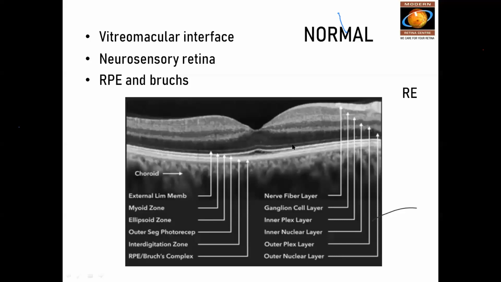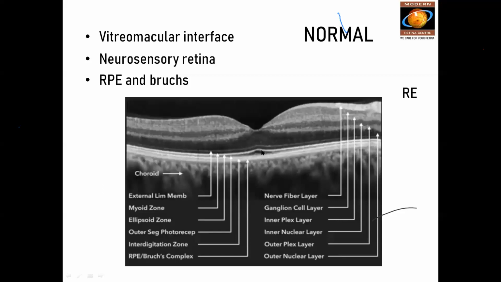So when there is HCQ toxicity, basically it affects the inner segment, outer segment junction of the photoreceptors. In the initial stages, what you have to look at is this line, just above the RPE and Bruch's membrane, a thin, bright line. If you don't see any line, or there is discontinuity in this line, that is again a first stage of HCQ toxicity. Immediately we ask them to stop HCQ.